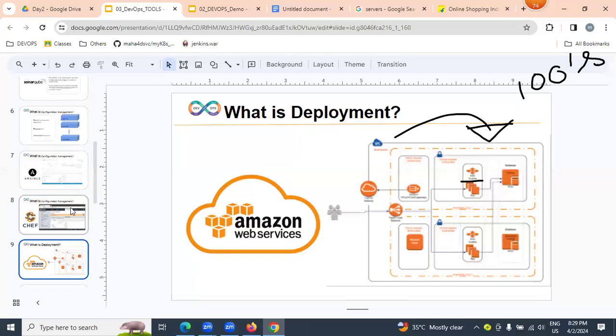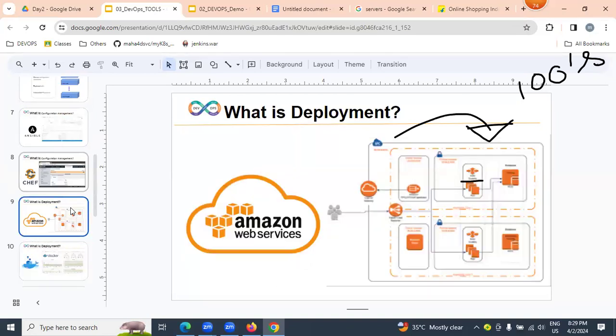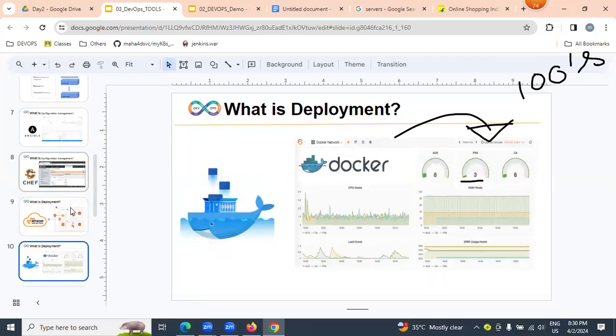Not only can we deploy our applications on AWS, we can deploy our applications on Docker containers also. A Docker container is an isolated area where you can place our websites very easily, with low cost and high performance.